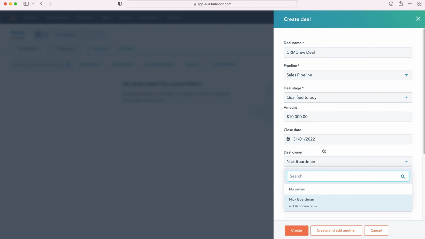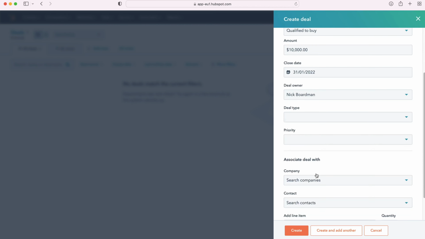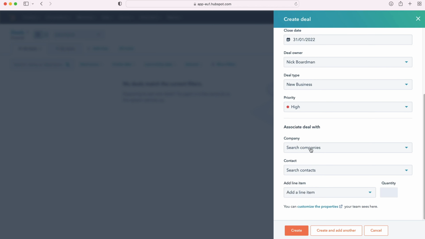The deal owner automatically sets yourself, but you can assign someone else if you'd like to. Then you've got the deal type, new business or existing business, and we've got priority: low, medium or high. So is this a high priority sale or a low priority sale? I'm not entirely sure how you distinguish between those. I think every sale should be high priority, but I'm sure there may be some good examples or some instances where this might be applicable. I'm going to select high because, like I just said,